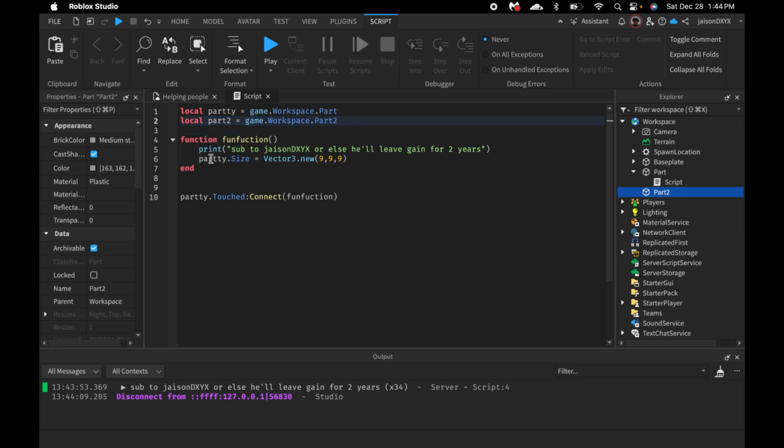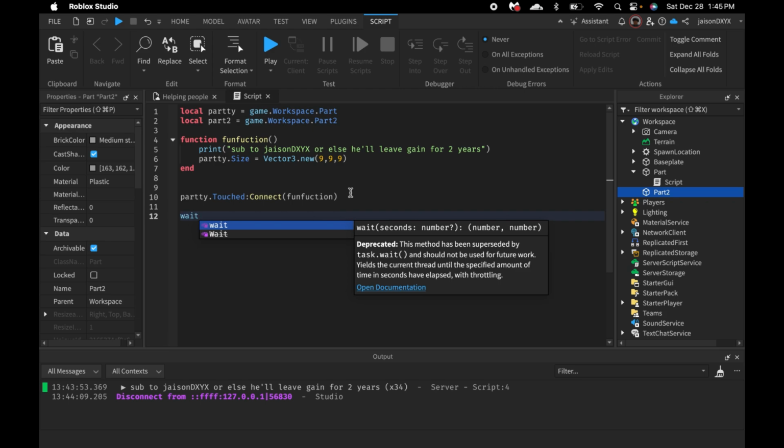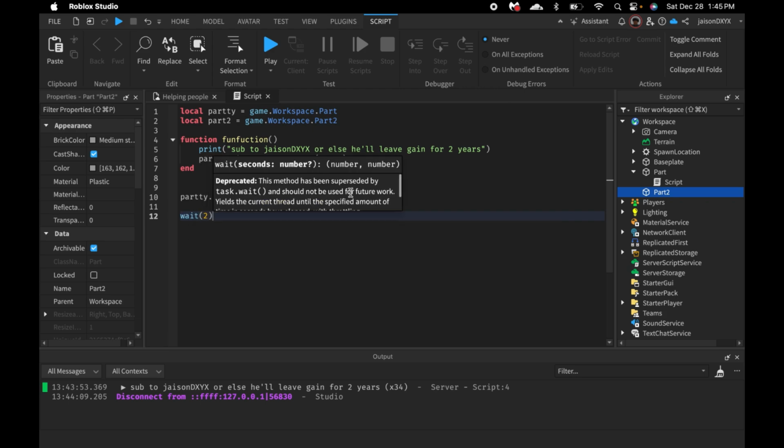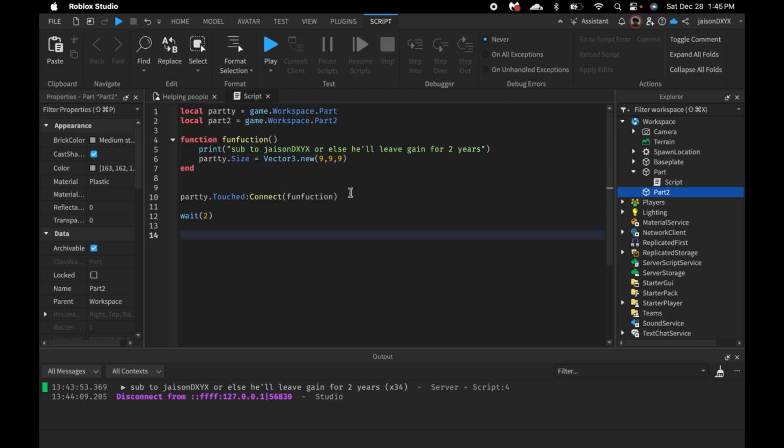So what I'm going to do is, after you touch this, well, actually, it will keep running this code. It will be fine. So after this, I'm going to say wait, then... hold on guys. All right. So I have a new variable. Right, and now with this new variable,